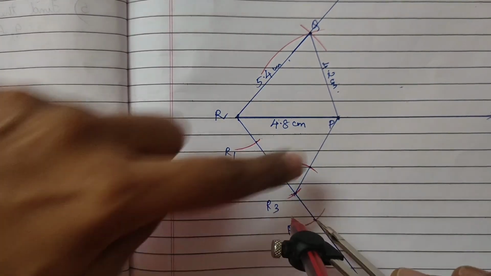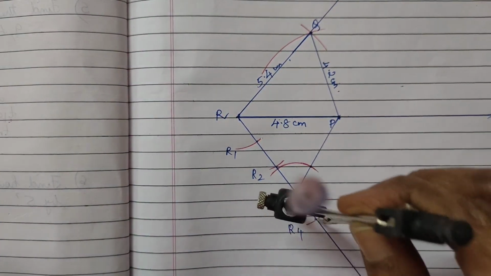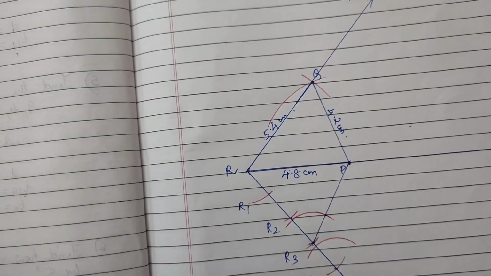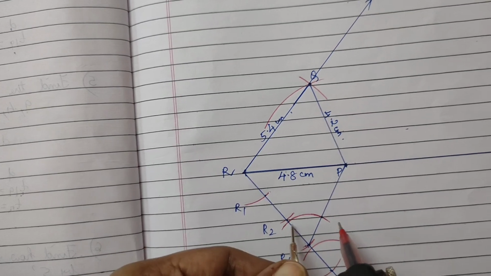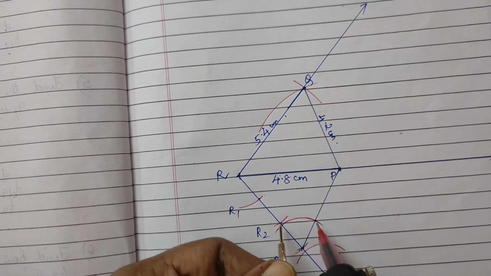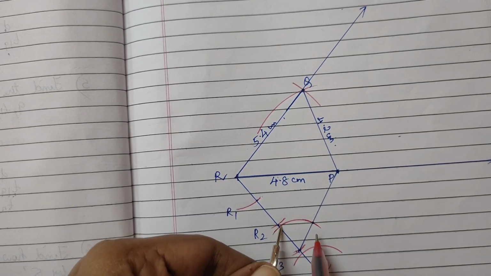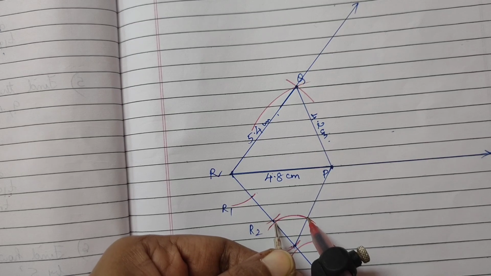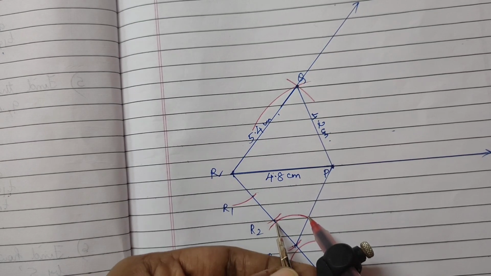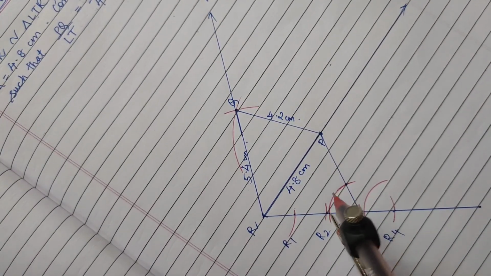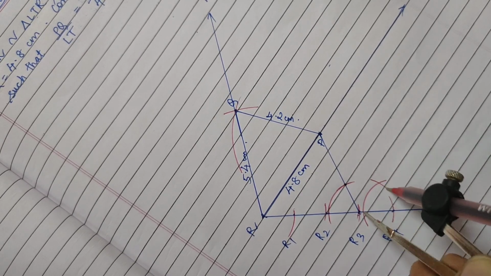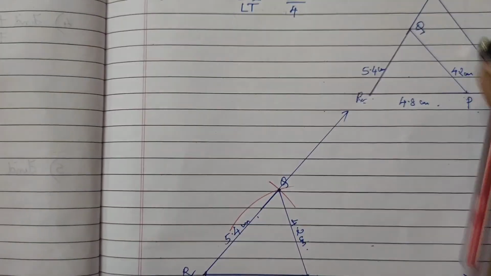Why are we doing this? We need to have the parallel lines. So again I am doing the same thing here. I am doing it. Okay, I have done. Now what we have to do, how much is the length we have to see here. देखो यहाँ रखा मेरा steel point, इधर रखने के बाद I am searching for the intersection point of this line here. See, I have searched here, it's exactly the same measure. Then ये ही यहाँ से रख के इसको पहचाना, वैसे ही इसका arc इधर रख के इसको भी मैं arc बना रही हूँ. मिला?